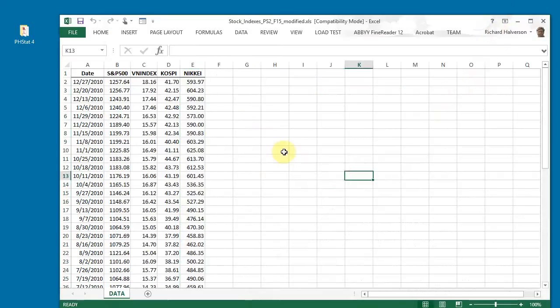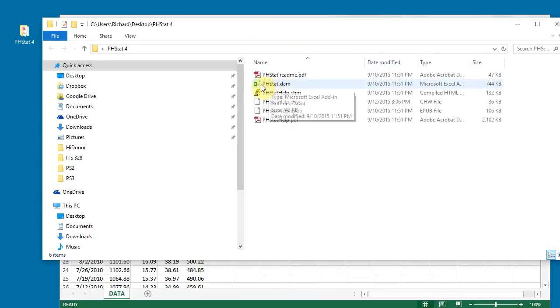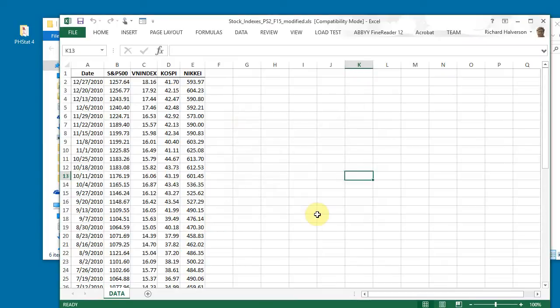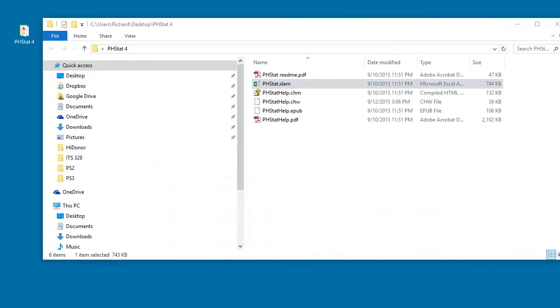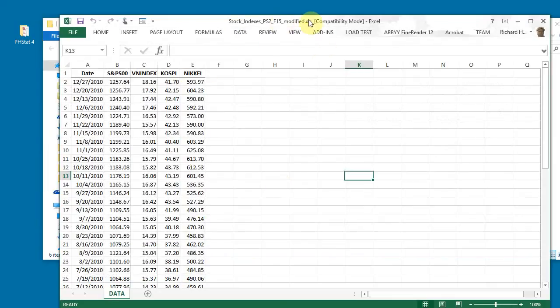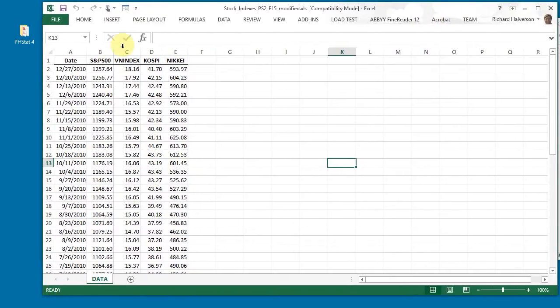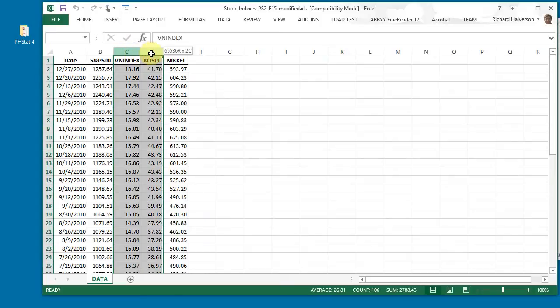So let's get started. We have to make sure we have our PHStat turned on. So I'm going to go into my PHStat folder here and double click here and enable the macros. And now we see that our stock indexes spreadsheet has got add-ins. So let's begin here by, I'm going to get rid of these two columns because we're not going to use them,